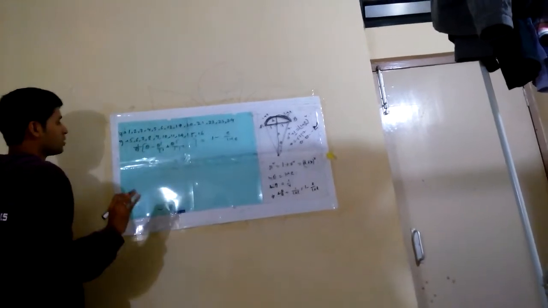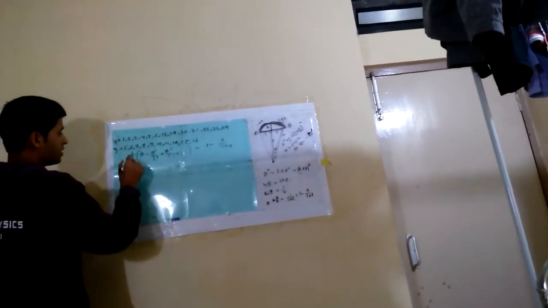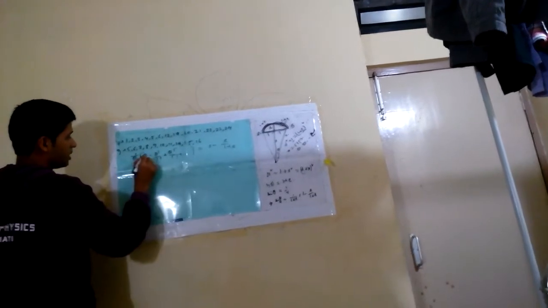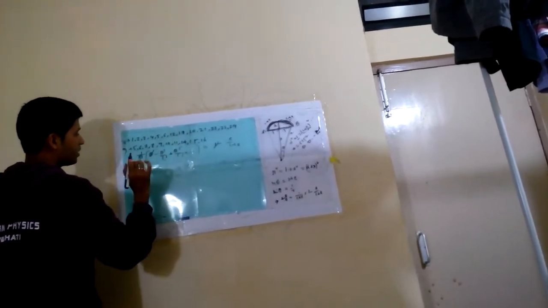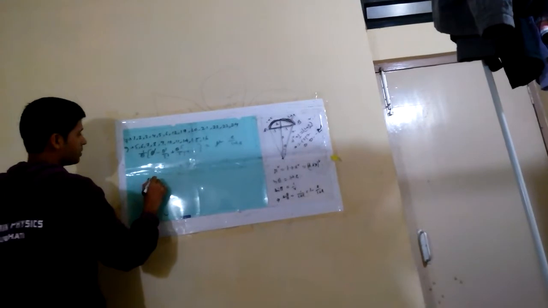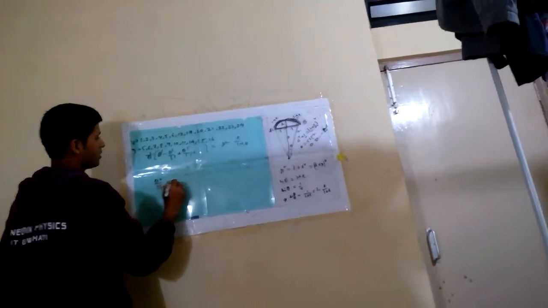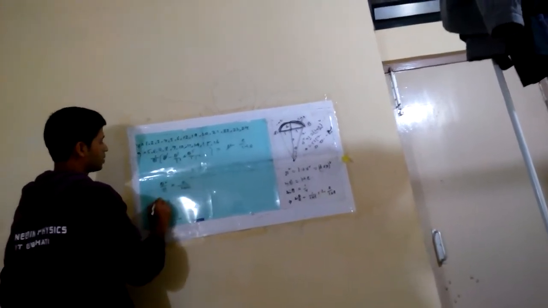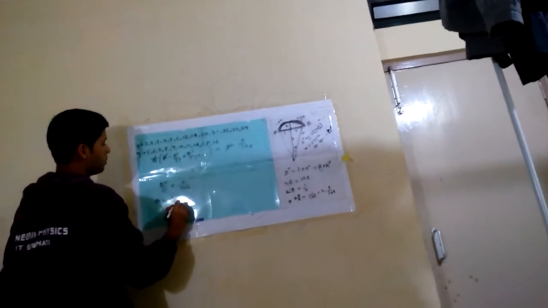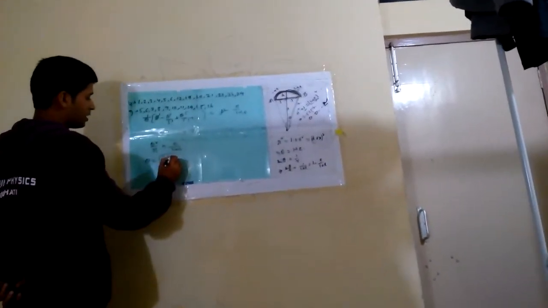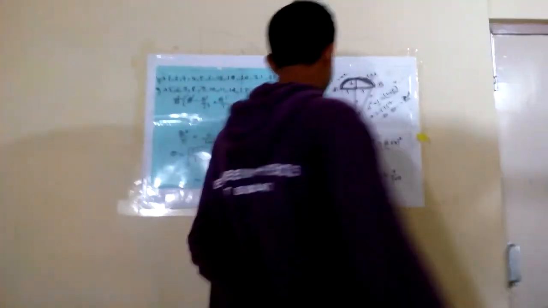So what you do next is the 1 will cancel, this one and this one will cancel. So theta square by 3 factorial will be e divided by 1 plus e. Then theta is equal to root under 6e divided by 1 plus e, because we have ignored the higher order terms. If you get things like this, we'll get a value of theta.